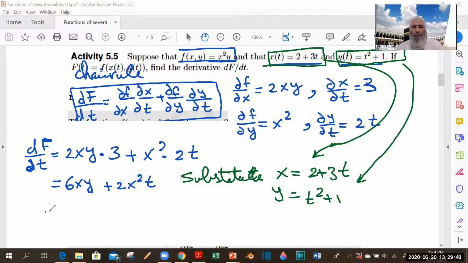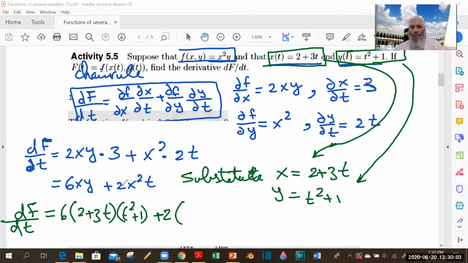So df/dt is what? 6, x is 2 plus 3t, right? And y is t squared plus 1, plus 2 times x squared, which is 2 plus 3t squared,